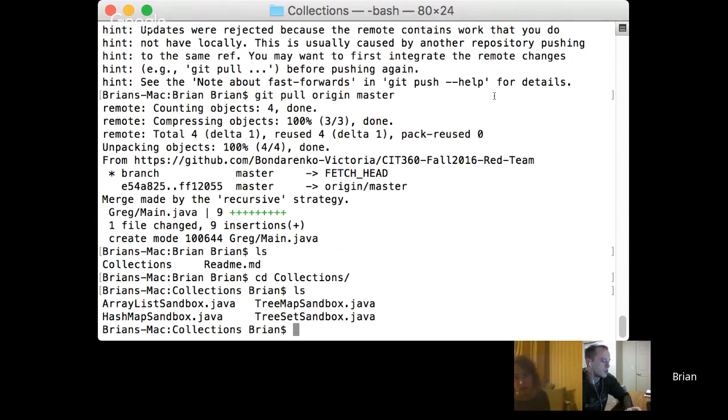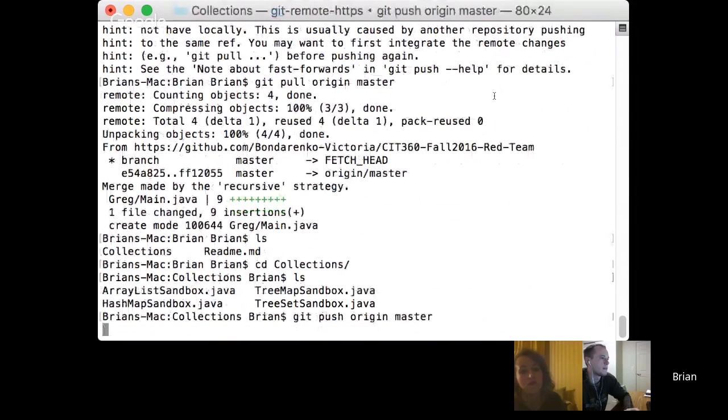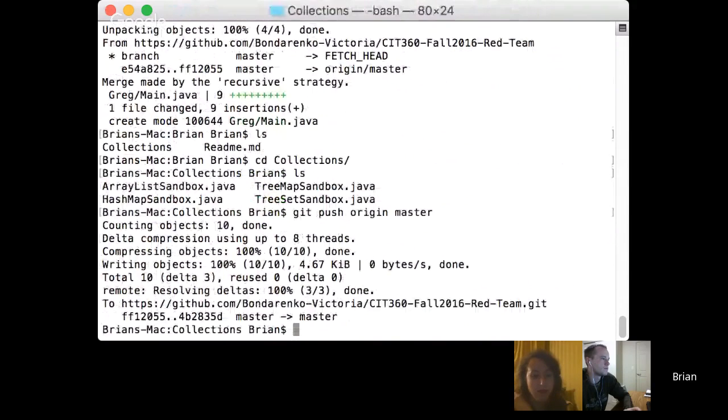Okay, so I guess try git push now. Origin master. All right, there you go. Now let's check it out online. I see collections and I see your code. Perfect. Thank you. So as long as you only upload to your folder, we should not have any problems with